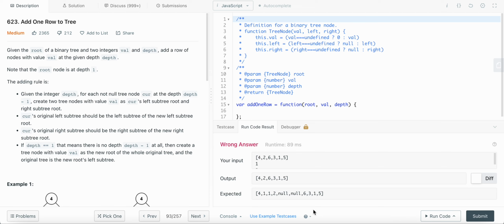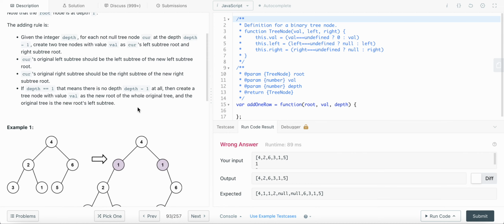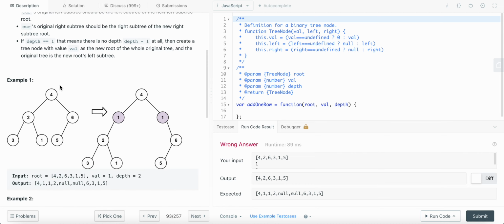Number 623, add one row to tree. So the given problem is that we are given a root and a value and a depth. So we need to add that value at depth 2 of that tree. So given here we have this root and value 1 and depth 2, we need to insert the value